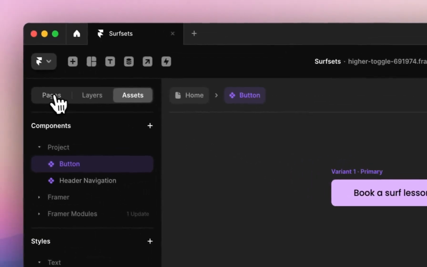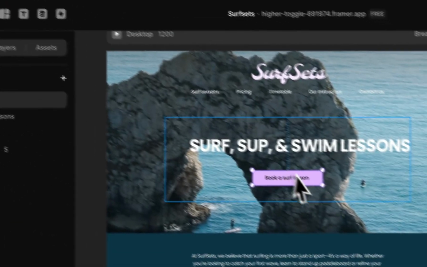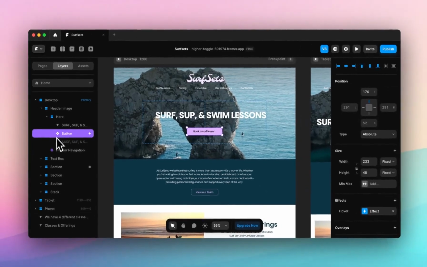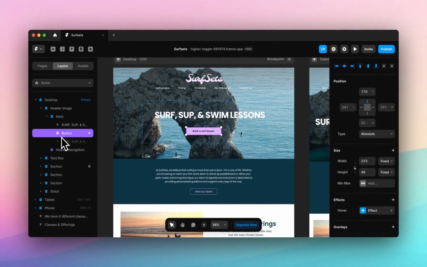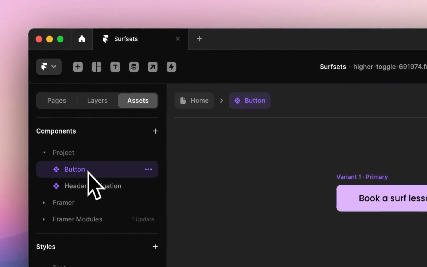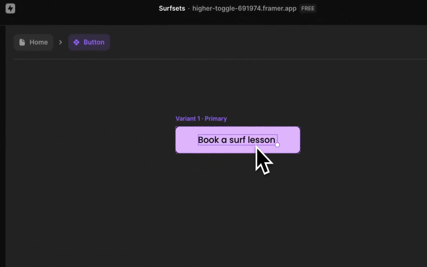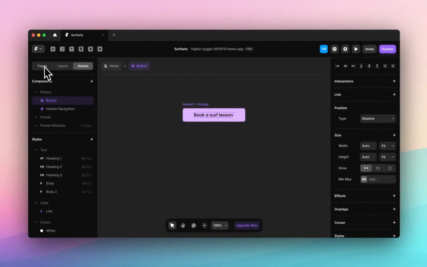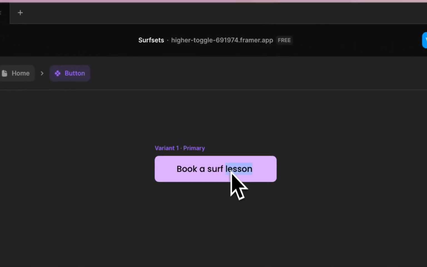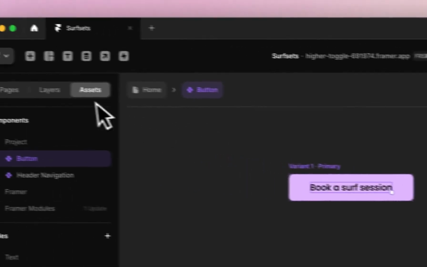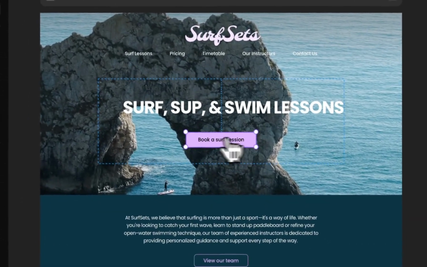So now when we go back to our pages, you can see in layers that this button now highlights in purple and has a purple icon next to it, which indicates that it is a component. So if I go back to Assets, change something about the button, like the color or the font, it will automatically change wherever it is applied on the designs. So we'll see this with text. If I change this to Book a Surf Session instead of Book a Surf Lesson and go home, you can see that this instance has